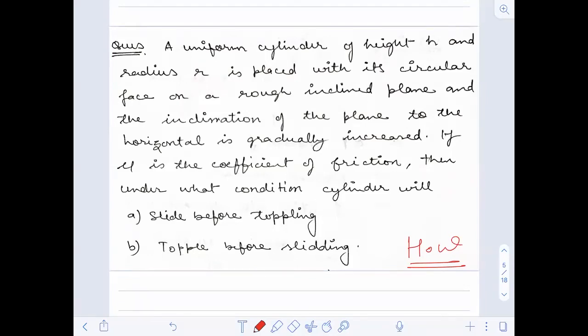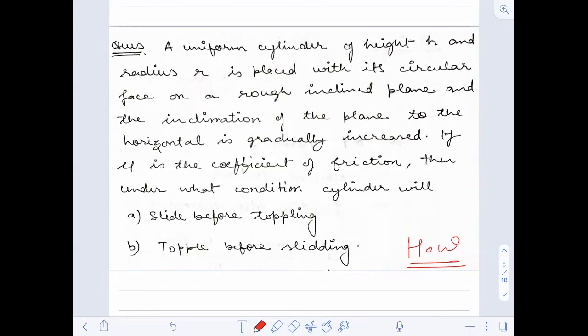Now, after this, what we are going to see is banking of roads. This banking of roads topic I had left in circular motion just because the term toppling was involved in it. So I wanted to take it once we had covered toppling. Now we have covered toppling, so we'll start with the banking of roads. This topic is quite repetitive in the advanced syllabus, so be very careful with the cases.